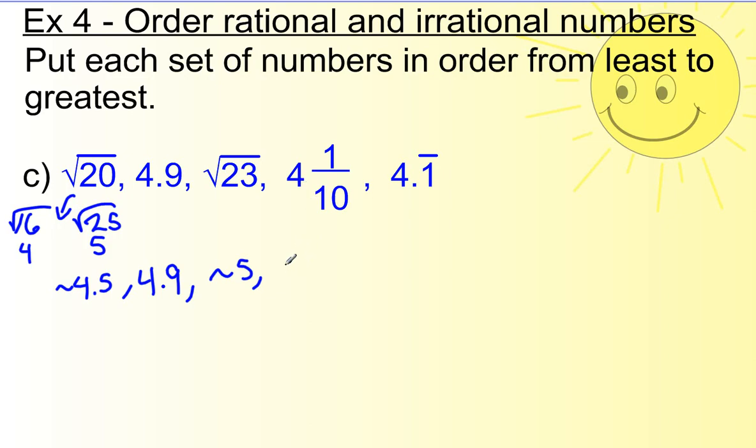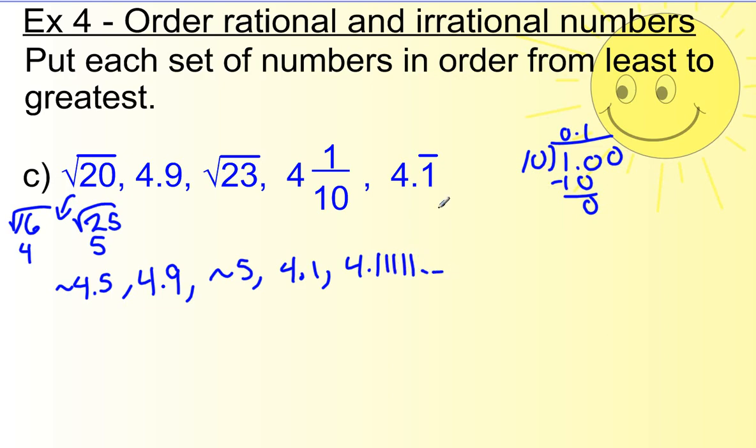Let's see, that gives me 4.10 divided into 1 goes in 0.1 time remainder of 0. So 4.1, and this is 4.11111 repeated. So let's see. Smallest,